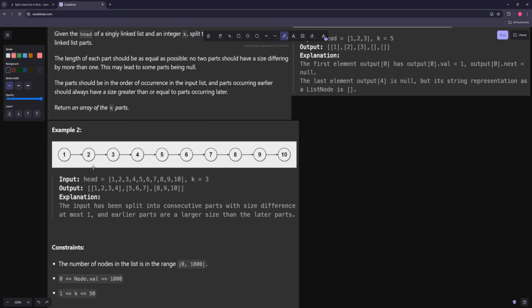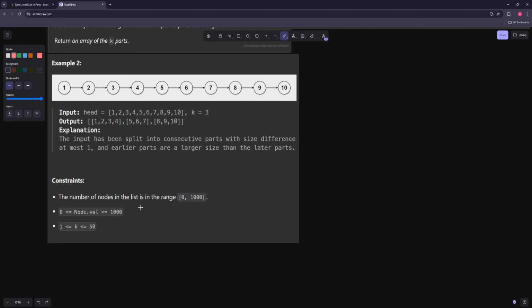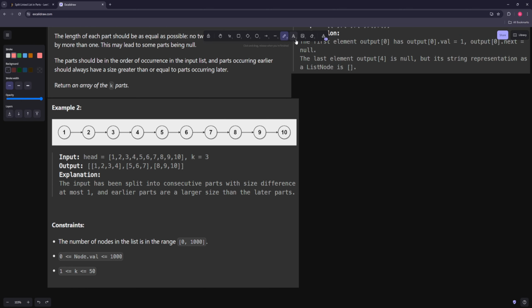In example 2, k is 3. So you want to have parts that are either 3 or 4 elements. Once again, you prioritize the first part to be bigger, so the first part will be this. Second part, third part. And there's 1,000 nodes. So the first part I want to talk about is how to do this splitting